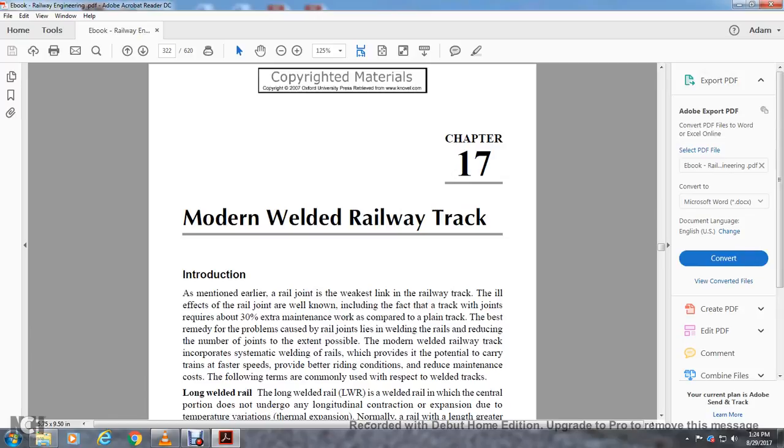the rail joint well known, including the fact that track with joints requires 30% extra maintenance work compared with plain track. The best remedy for the problems caused by rail joints lies in the welding of the rails, which reduces the number of joints and